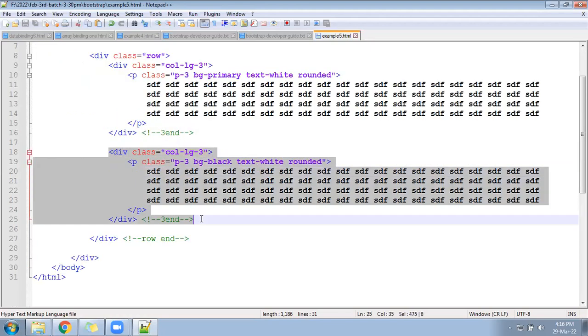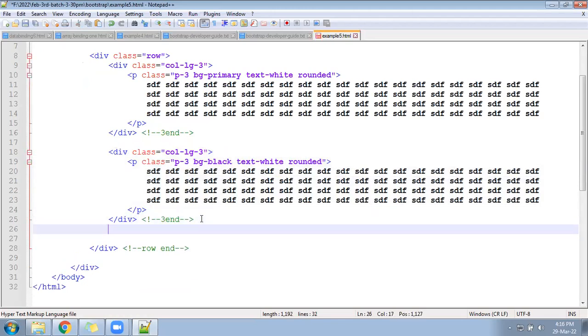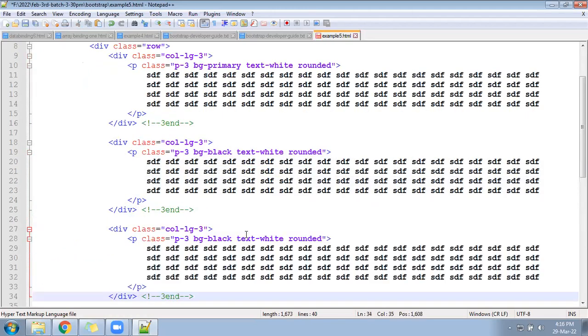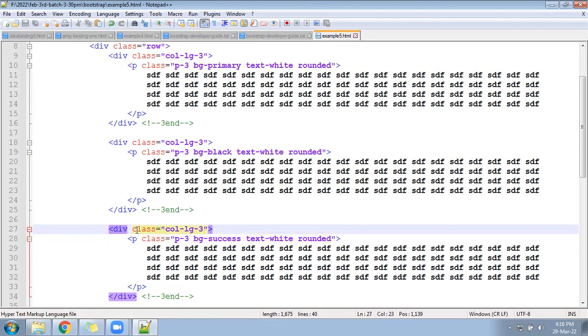Copy the 3 again and paste after this. BG success you can write. Green color will come, and check once.